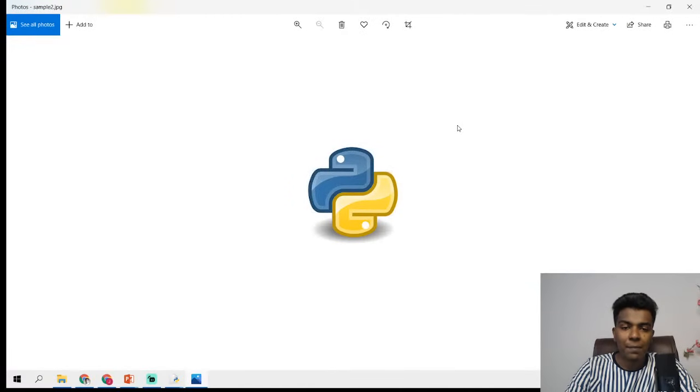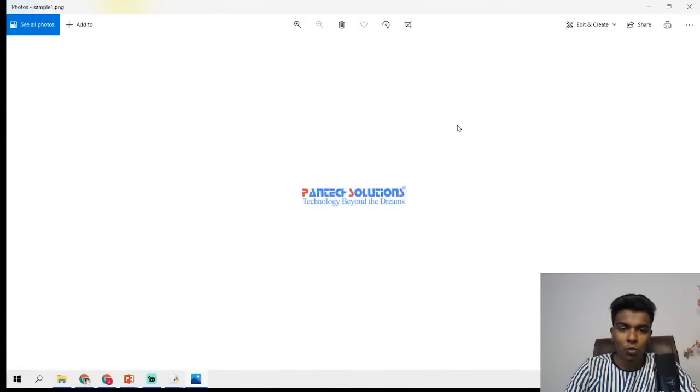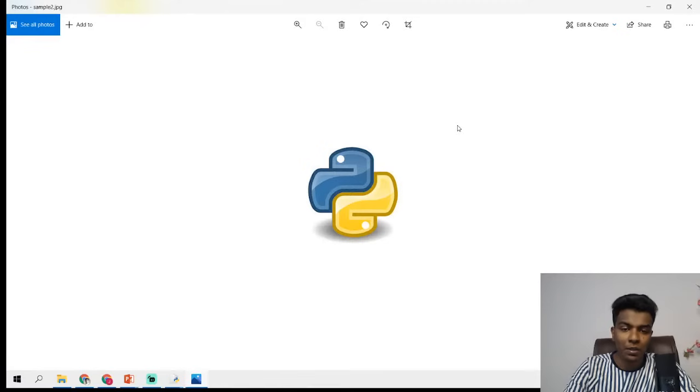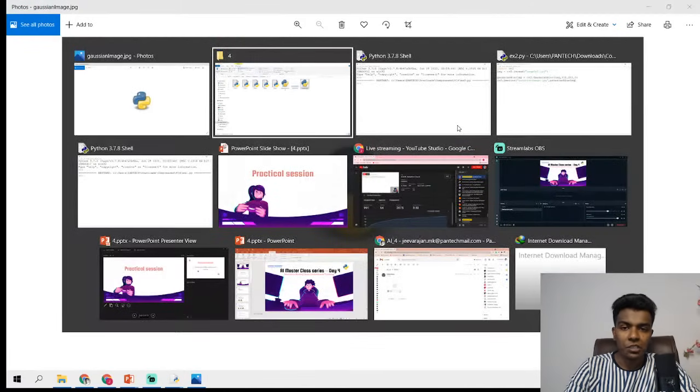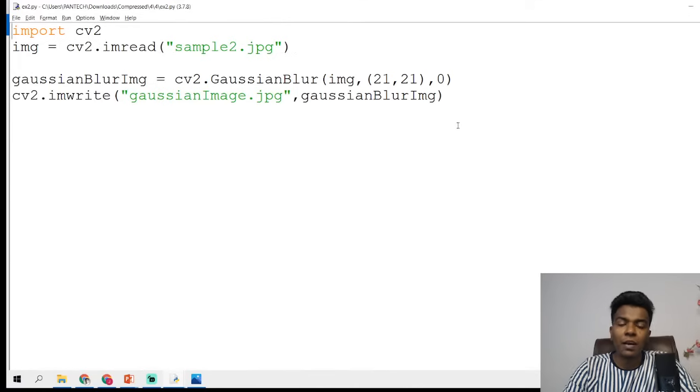This is the original sample image, whereas this is the Gaussian blur image. I hope you understand from this output, guys. So what is the difference between the original image and the blurred image? It is going to be helpful for smoothing. If you have any noise or any other problem, you can smooth an image by using this Gaussian blur. So img is equal to cv2.imread, the same function to read an image, and